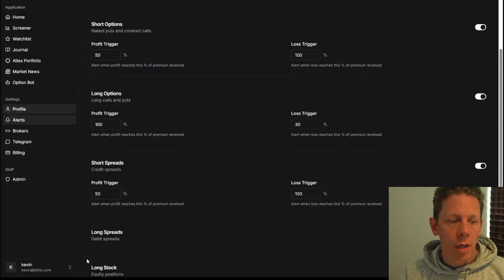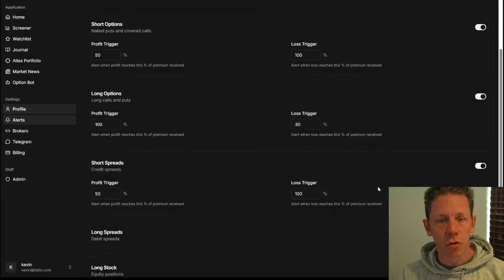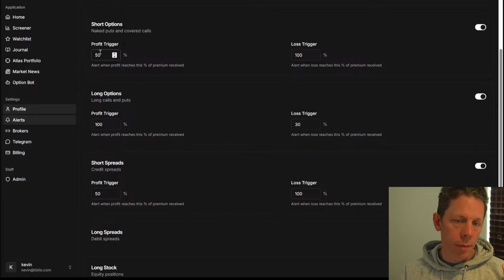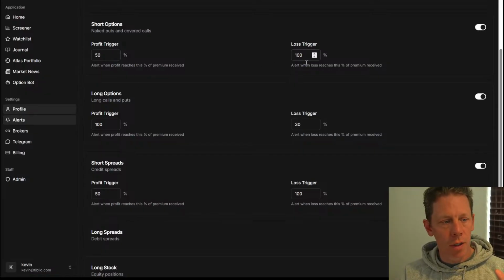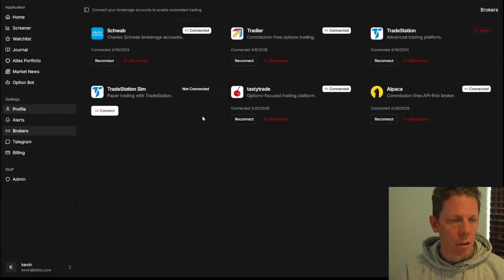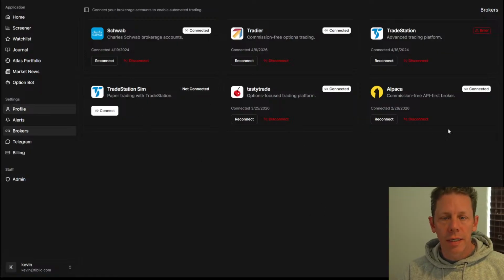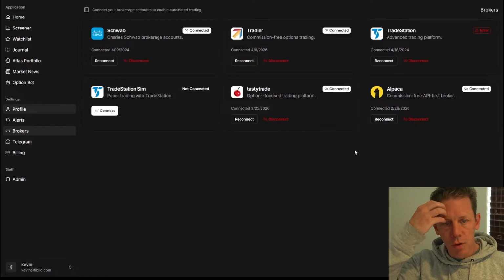And then you come in here and configure where you want these alerts for the trade journal to fire. So if you log a trade in the trade journal, let me know when it hits this profit. Let me know when it hits this loss. Okay, and then you can connect any of these brokers. And one thing that I'll mention about the brokers is that